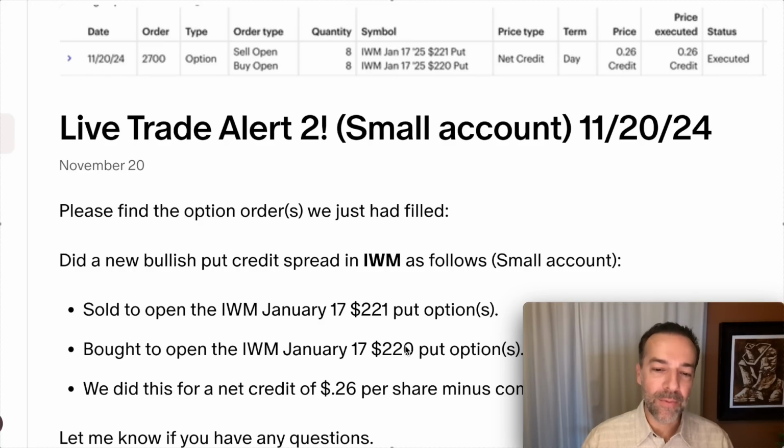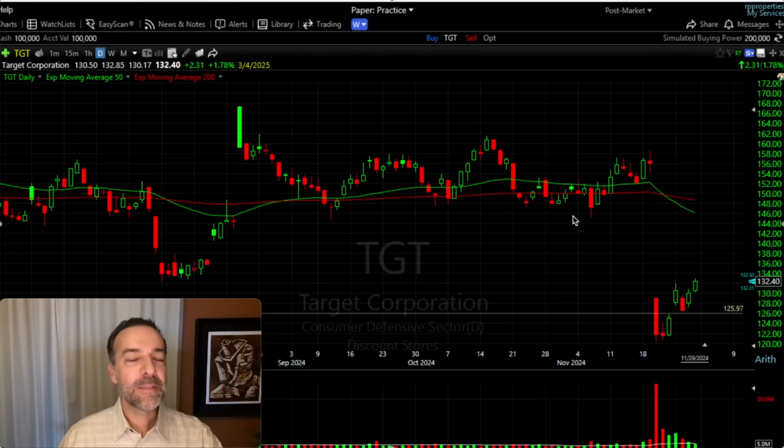But by buying that 220 put option, it gives me some protection. It caps my max loss. So if you're selling put options, why not consider buying some put options for protection against the ones that you're selling? This leads me to another bonus tip I want to share with you when you're selling put options,